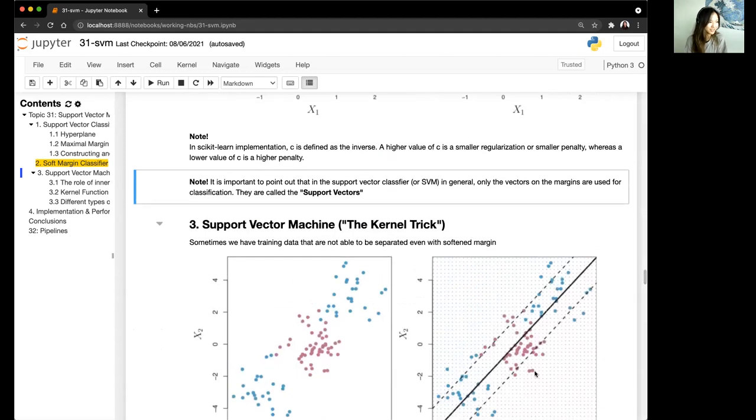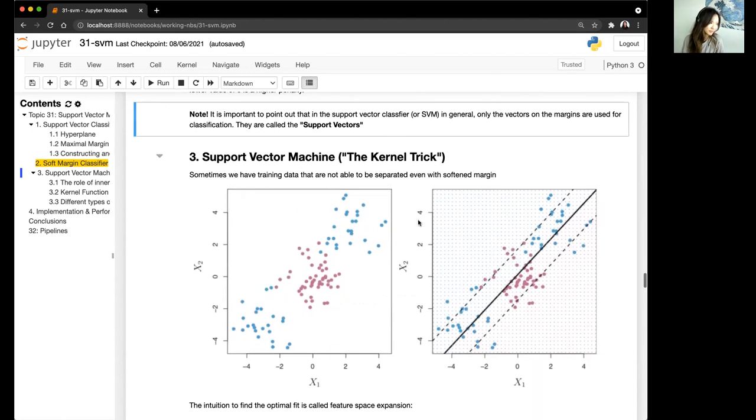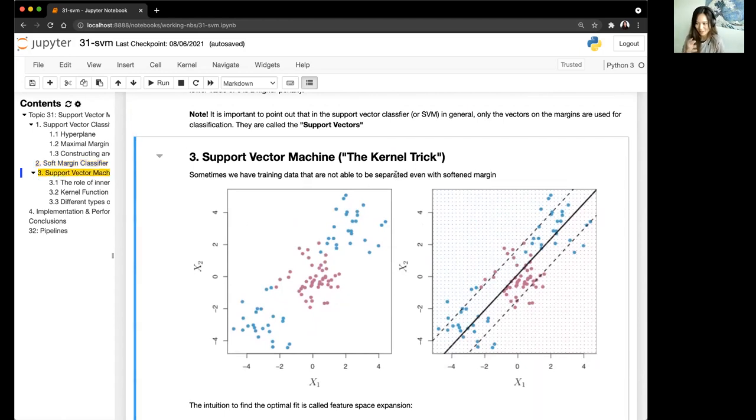All right, so the next thing is really interesting. It's very mathematically complicated and can be quite abstract to think about, but this is what makes SVMs very, very powerful. And actually is what makes SVMs perform almost like a neural network, which is really interesting. So an example to illustrate the power of this kernel trick is, and by the way, the kernel trick is what I was talking about, enlarging